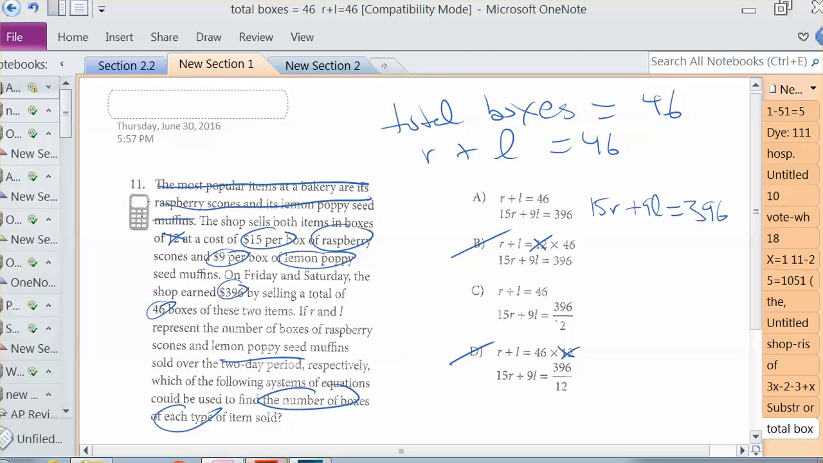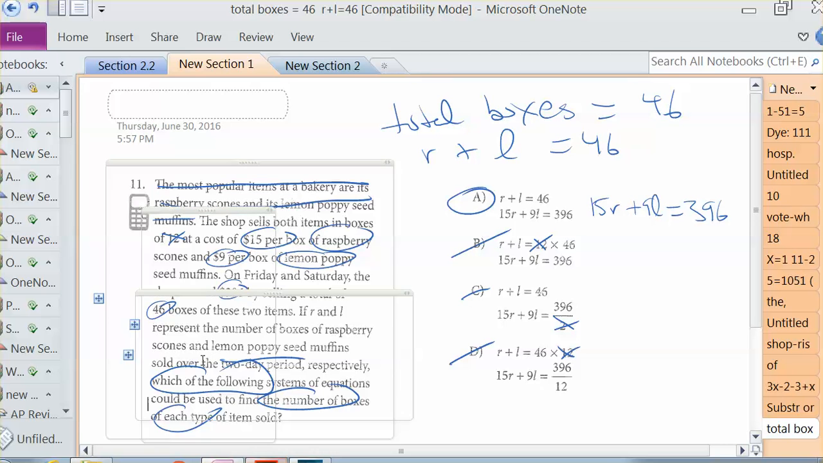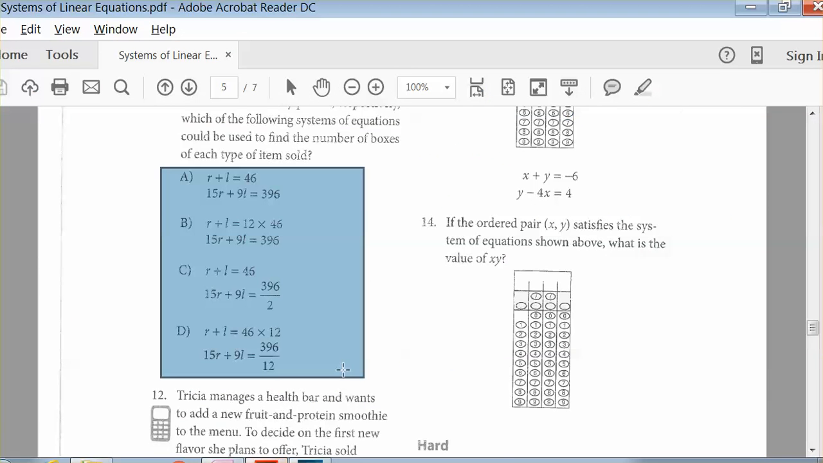So they put the 2 there and see to kind of mess with you, the 2-day period. It doesn't matter. We're just trying to find the number of boxes of each one. So the answer is A. And again, which of the following? Process of elimination. I'm looking at the choices, see what makes sense. So that's that one. Lastly,